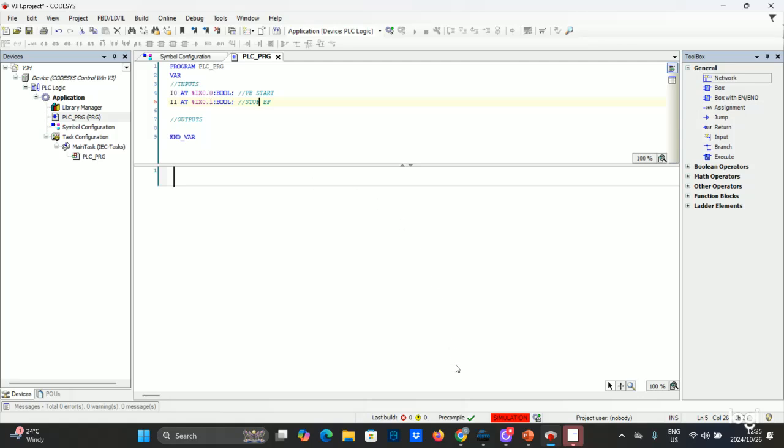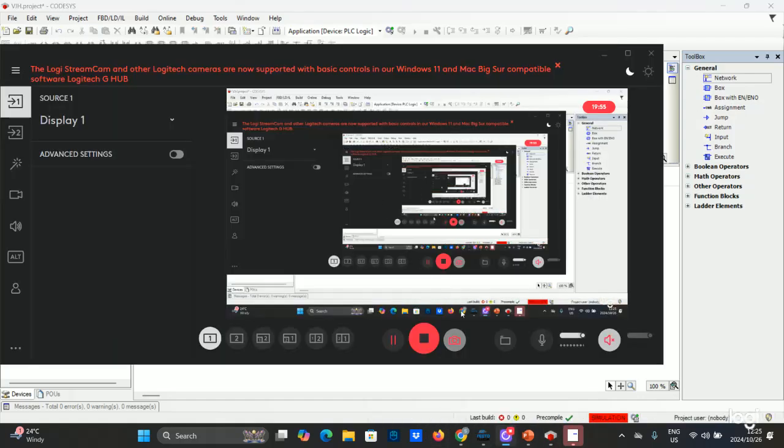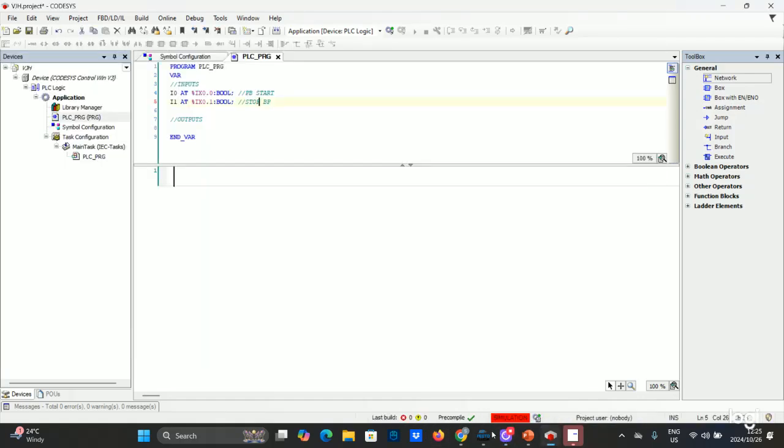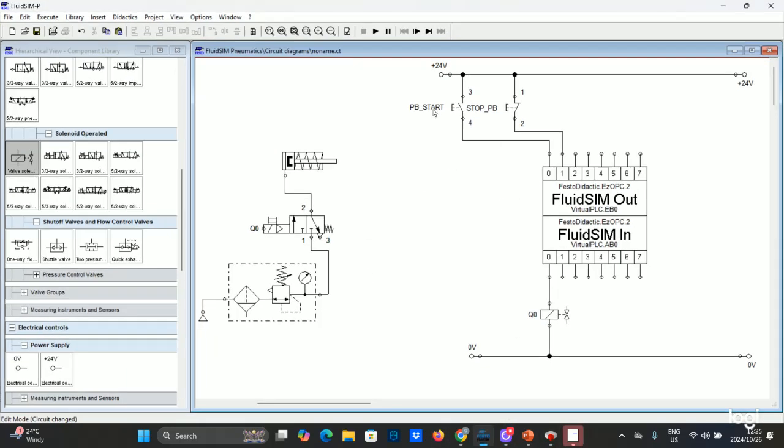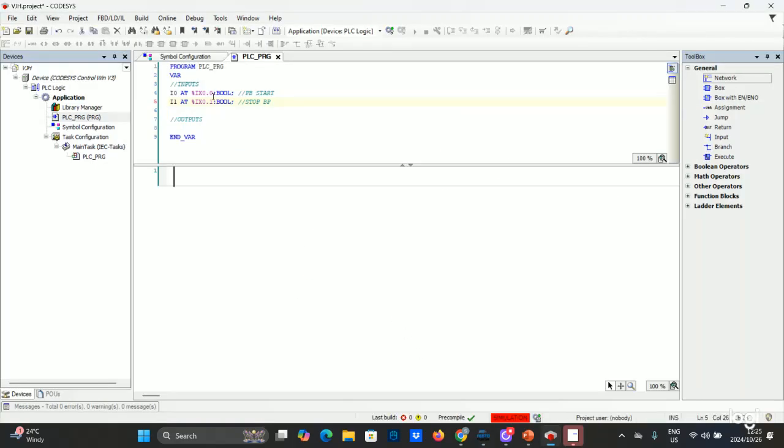This is very important. I label my input as 0 point something because here I configured my EP as 0. If I configured it as 1, I was gonna write 1 point something. And then yeah, this input 1, this input 2. And since currently these are the inputs that we have,